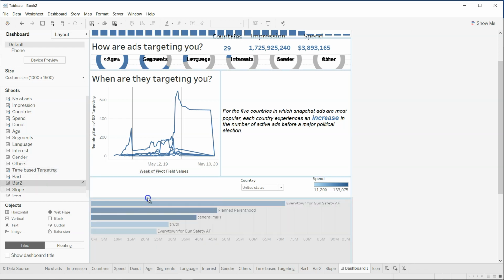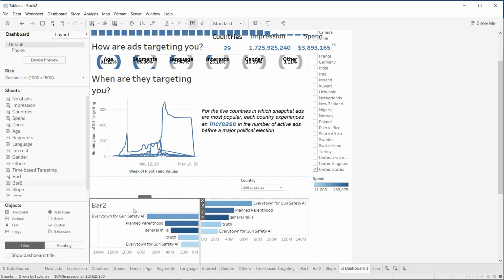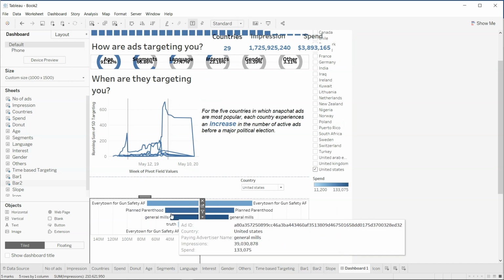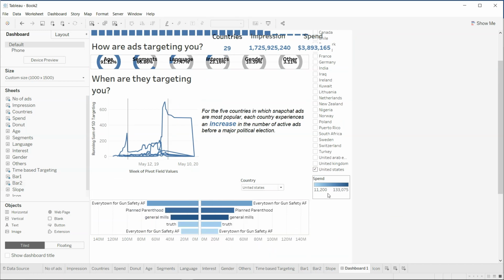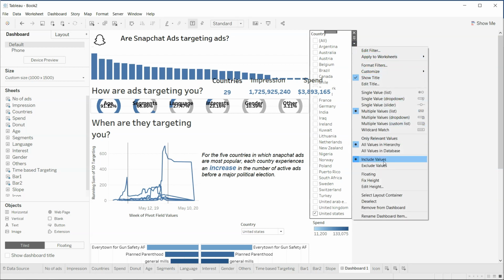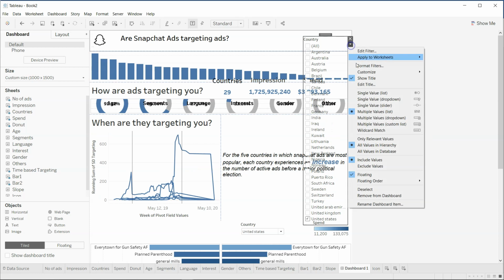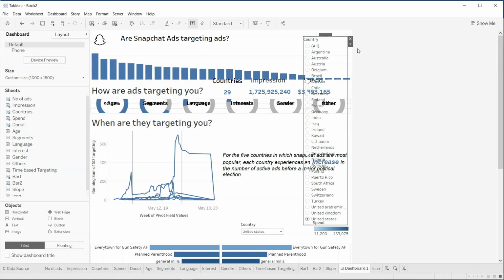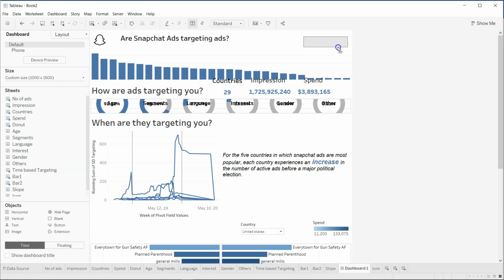And now we have bar 2. Bar 2 should be here with bar 1. So right click, hide the title. So now bar 1 and bar 2, we have country information, spend information. Again, we need to make it floating. We need to make it a single value drop down, and then drag this up a little bit, and this is this. Okay, so this country over here is this,